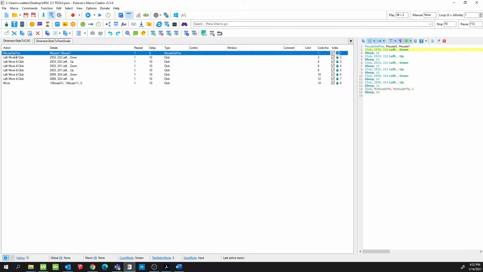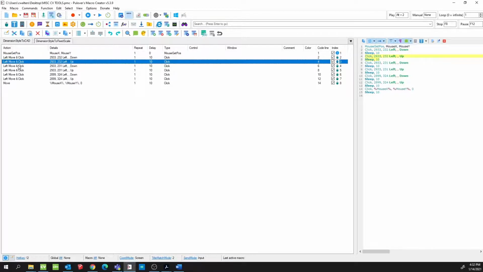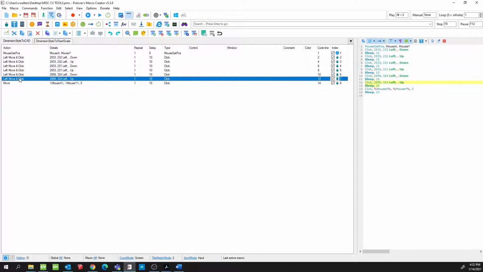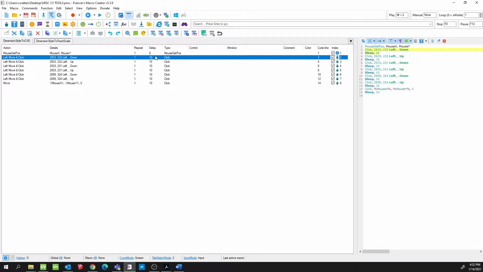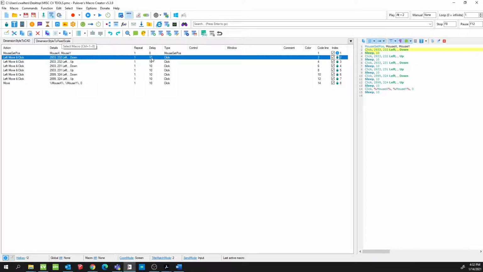So the macro is simple. It's store the mouse position, move the mouse, click down, click up, and then move it again, click down, click up, and then move it a final time, click down, click up, and then move the mouse back to its starting spot. And this is the delay in milliseconds. I have experimented a bit, and I find a 20 millisecond delay is usually sufficient for most computers to keep this active. So we're going to start here,